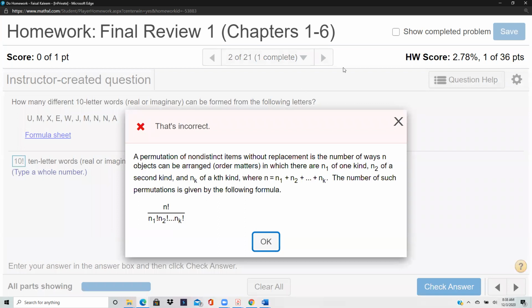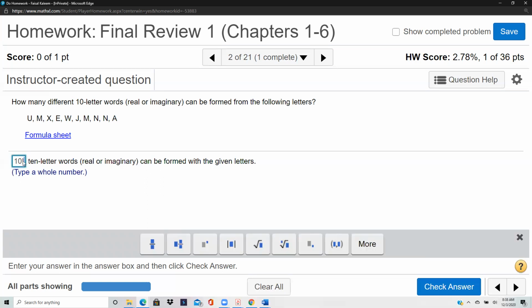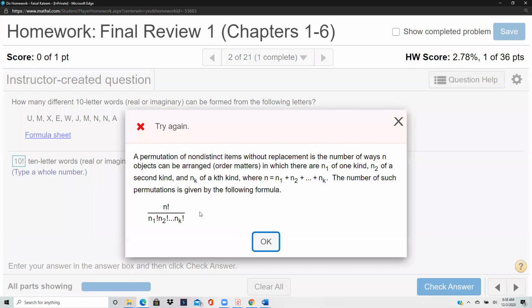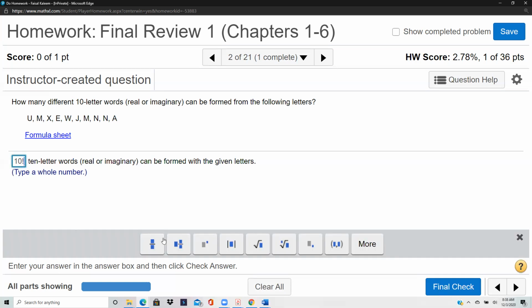Oh, come on, will it let me enter a fraction? Okay. Yeah. Let me enter a fraction. All right, so